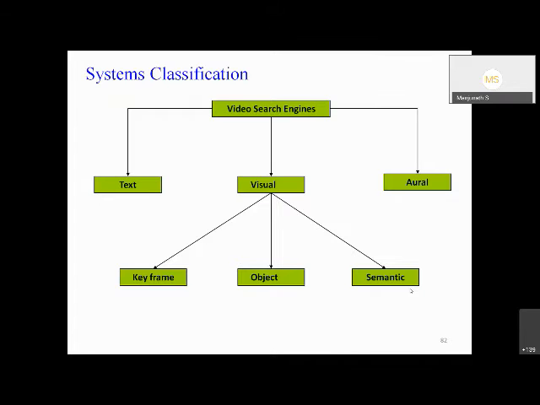The semantic-based one is a little bit complicated, where it will try to identify the objects, identify the events, study the semantic relationship between the objects and the events, and based on that it will retrieve the videos. So today we will see how keyframe and object based retrieval can be done using neural